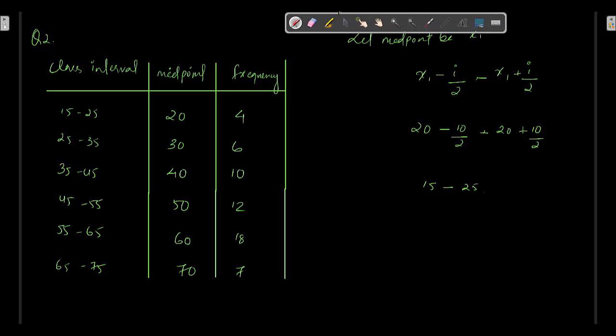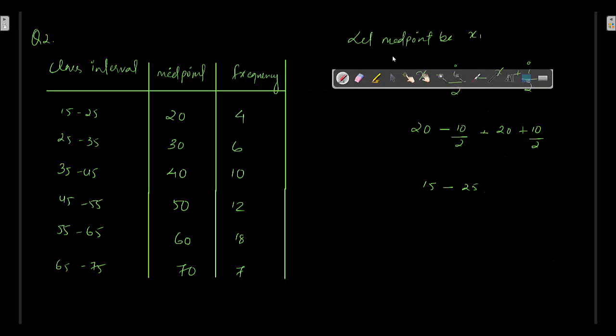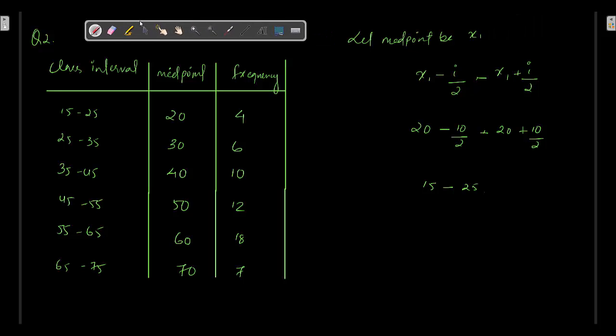All right. So here again in question number 2, if you look carefully, you can't see the class interval there. It is not given, right? You're only given the midpoint, and after that you're given the frequency. But as we know, in order to make a histogram, you will be needing class intervals. So let's first make the class interval, after which we'll go ahead and make the polygon, curve, and